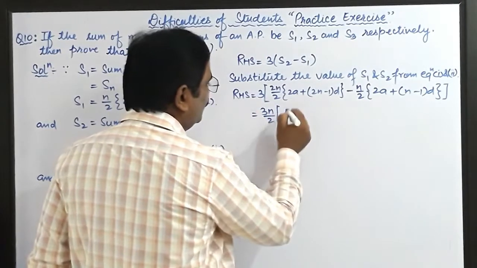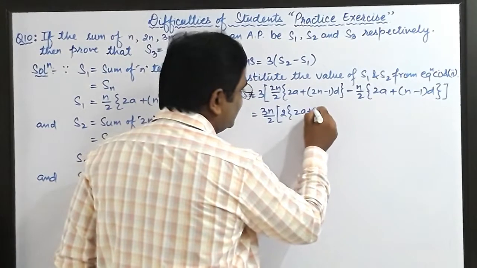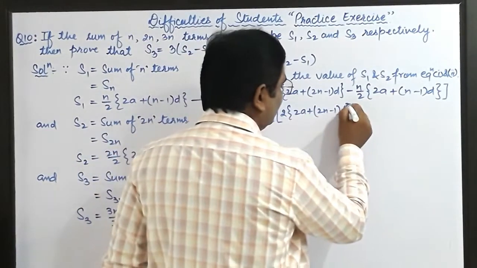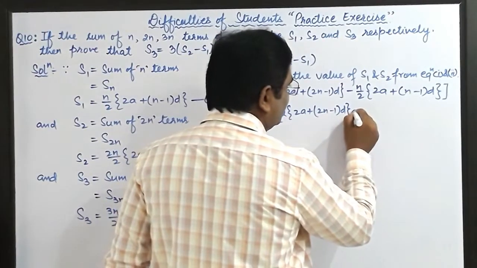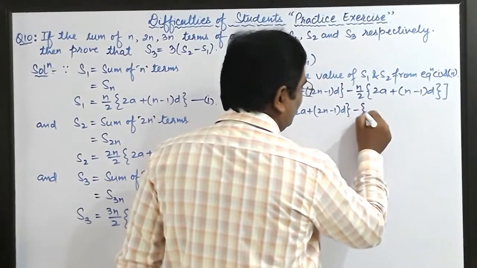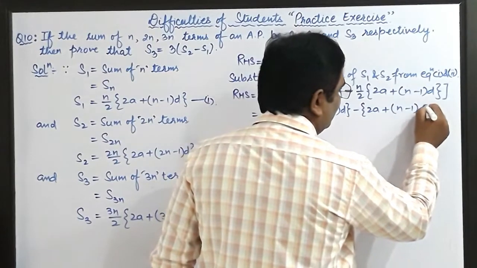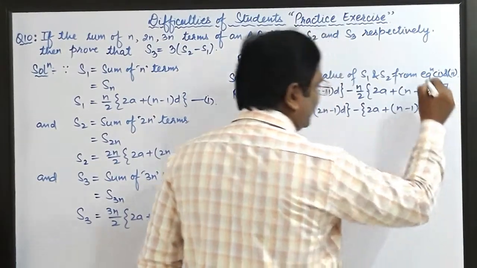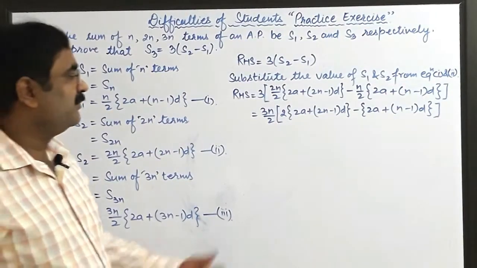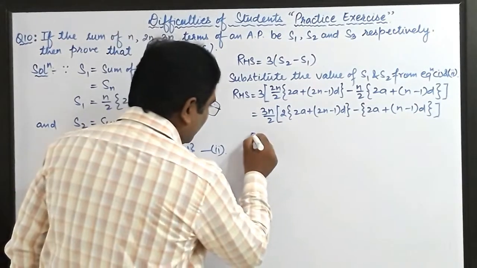Now what you got? 2 into 2a plus 2n minus 1 into d, minus, and in this n upon 2 is taken common, so you got 2a plus n minus 1 into d. Okay, now let us simplify this bracket. So here it is 3n